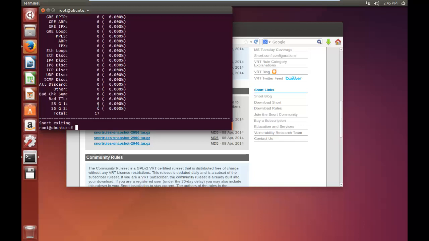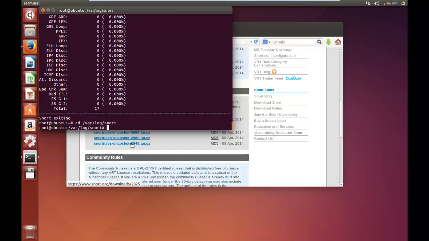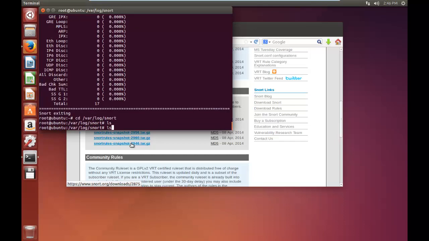In packet logger mode, the output is logged into a file located in your Snort log files directory. So I'm going to show you that. I'm going to run snort -vde -l, that means log, /var/log/snort, and it's going to get written in ASCII. Before I show you this, let's go to that log directory and see what log files we have there. cd /var/log/snort, ls. There are really no files there. So we're going to go ahead and run snort -vde